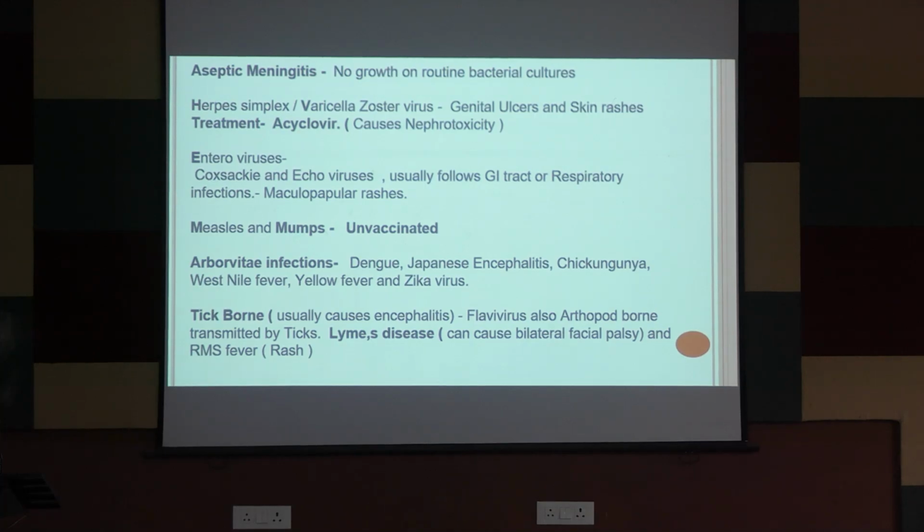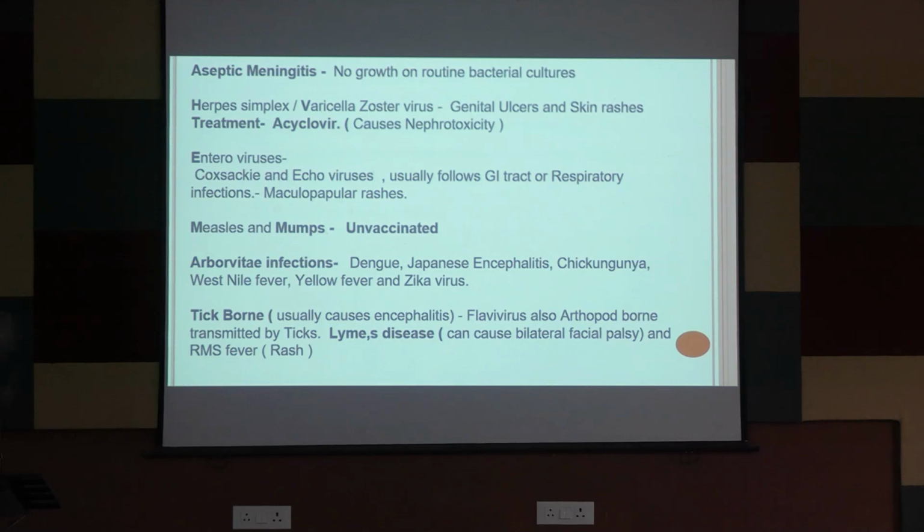So herpes simplex virus. These are the common viruses. Viral meningitis is very important in children, who commonly suffer from it. So there is herpes simplex virus, and varicella zoster virus, which I have already told you about. Usually you will see some genital ulcers, as herpes causes genital ulcers, and skin rashes. When you suspect this viral infection,